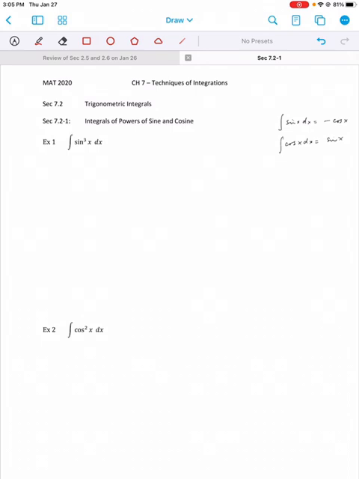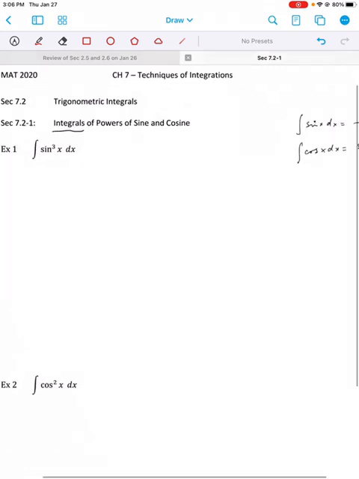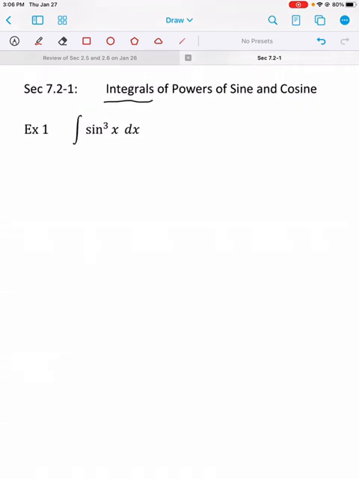The first thing, we already know the antiderivative of sine x, which is when the power of sine is 1, or the antiderivative of cosine x. Remember we are looking at integer powers, so we have odd integers and even integers. The first thing we will look at is what happens when you have an odd power. For example, if you have a power 3 on sine x, then we want to see how we will